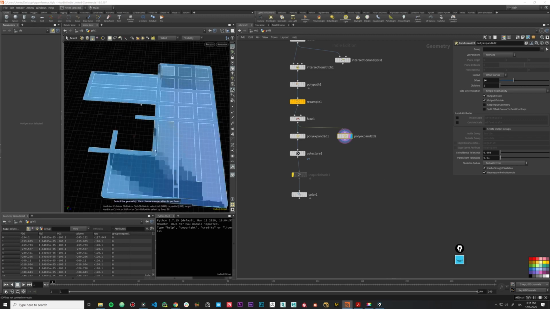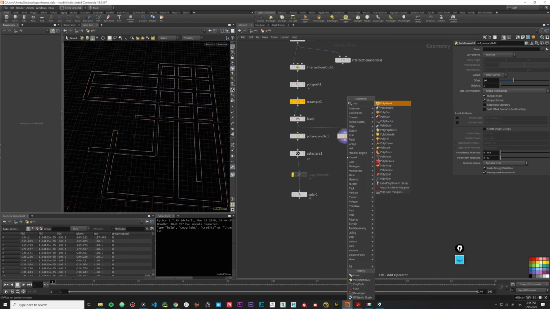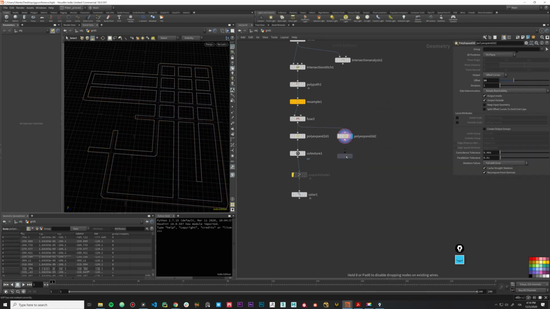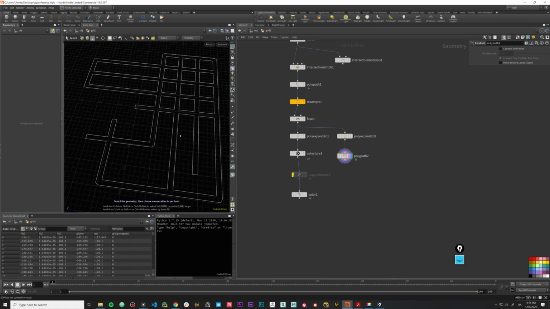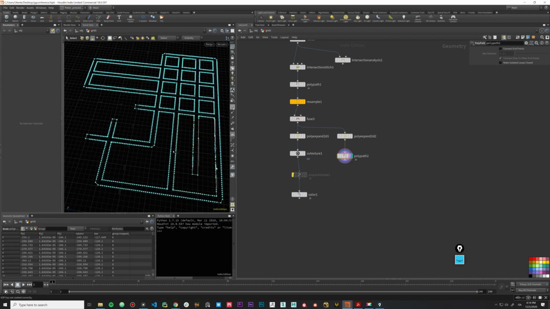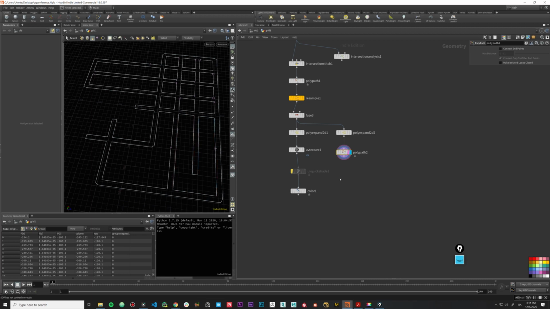How can we isolate this from the big primitives that we have here? You can just do, as before, a polypath. With the polypath down, you see that even if I'm not in wireframe anymore, I still have my curves. I don't have the big faces anymore. Okay, so these are the points, and these are the primitives. You see, each primitive for it. Good. So what we can do now is use a poly expand on all of this to create the sidewalks,